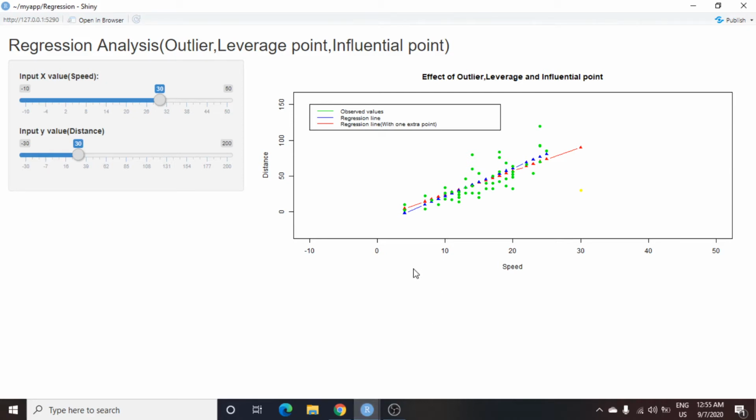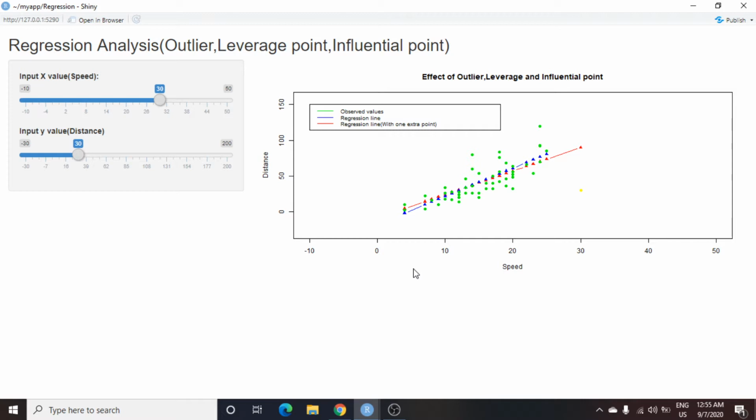Today I will talk about outlier points, leverage points and influential points in regression analysis. We often encounter these outlier points, leverage points or influential points in the data set while performing regression analysis. So in this video I will talk about whether we should worry about these values, outlier values or leverage values or influential values, in terms of estimation or prediction, or should we not?